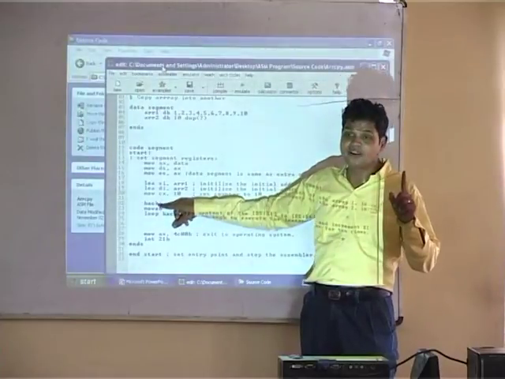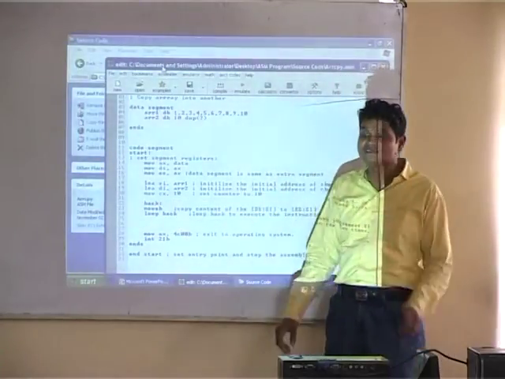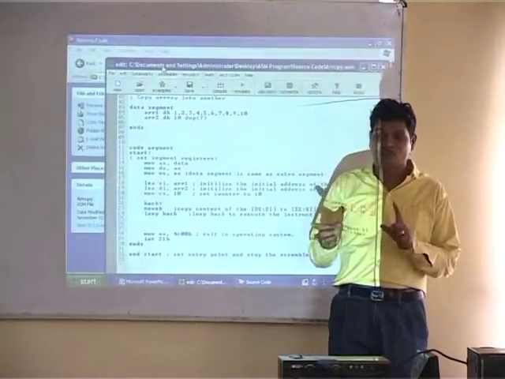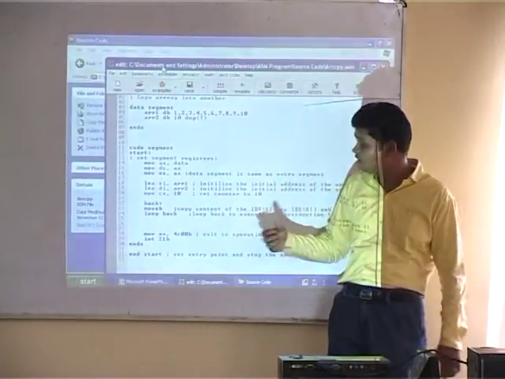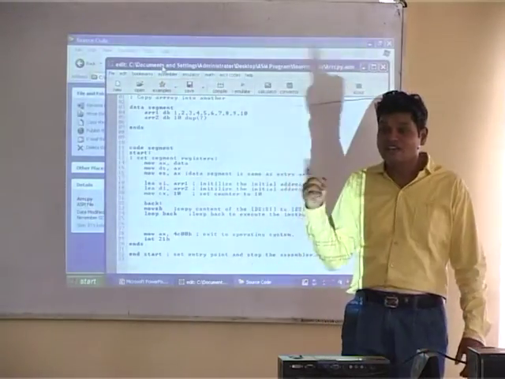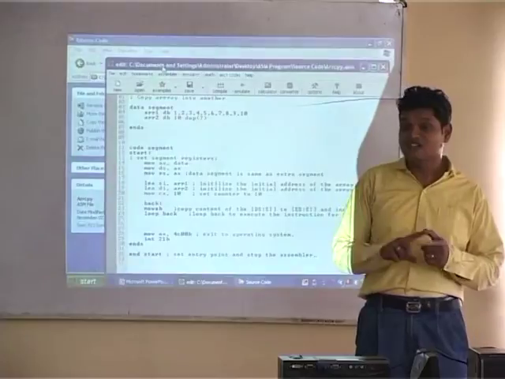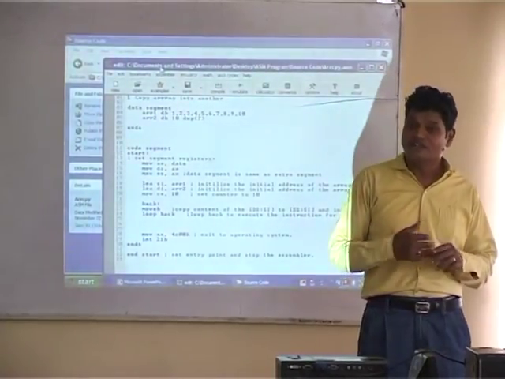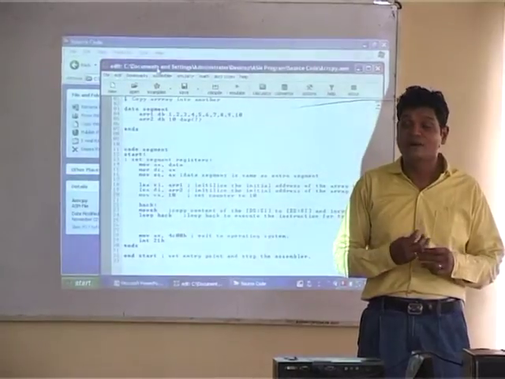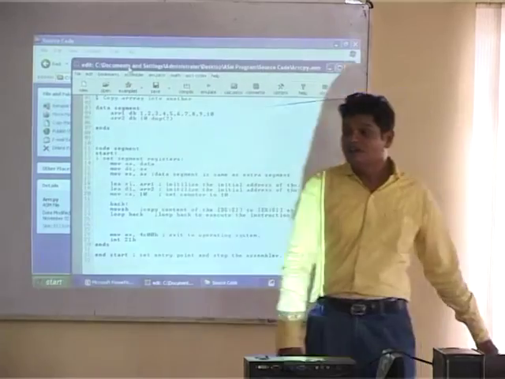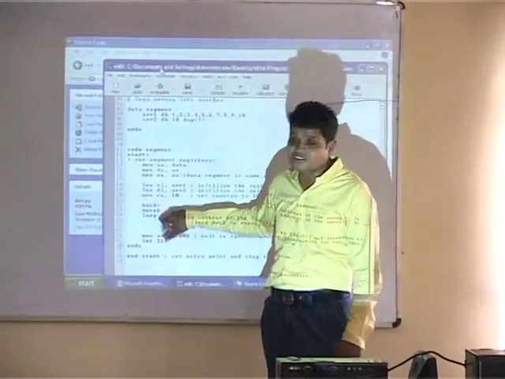Then loop back, going back. When it loops back, what happens? CX gets decremented by 1. Okay? Then it checks: if it is not 0, it will go back. MOVSB is doing one more thing. It increments SI and DI by 1. I said incremented because the direction flag is 0, as we have just seen. Okay? Direction flag is 0, so it will get incremented by 1. The other reason is that it will increment by 1 only because it's a MOVSB instruction.